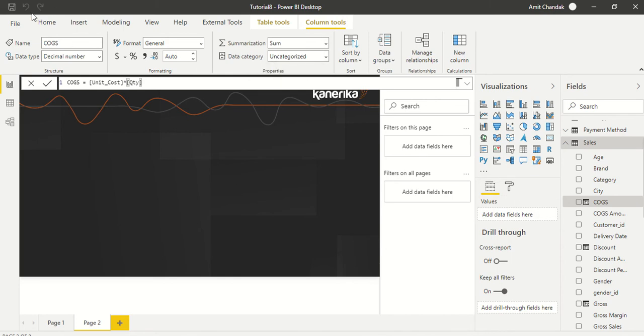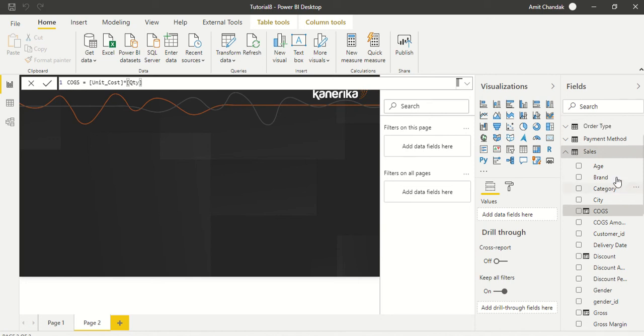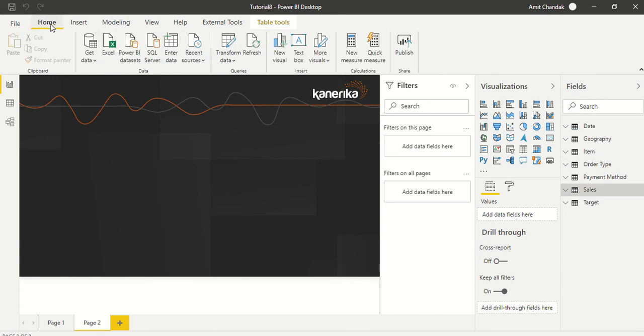But to better organize ourselves, we are going to create a set of measures which we are going to give to the end user. So we are going to create measures on top of it. Right now it is not necessary because we could have actually given a column and the user can choose the aggregation, and default is already sum. But let's learn how to create different sets of measures and how to organize them.